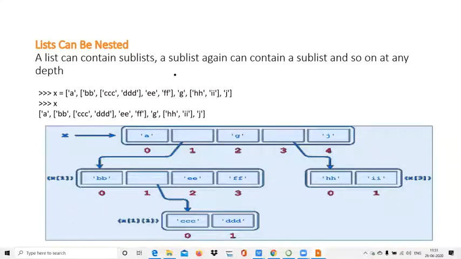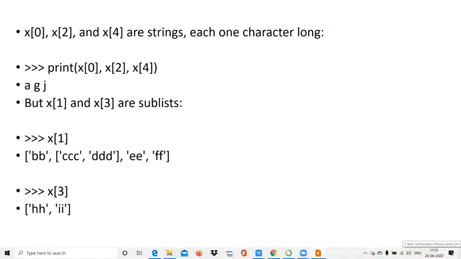So inside a list we can put a sublist, and this nesting can be up to any level, right? You can practice up to what level you can do. So here is some example, x[0].